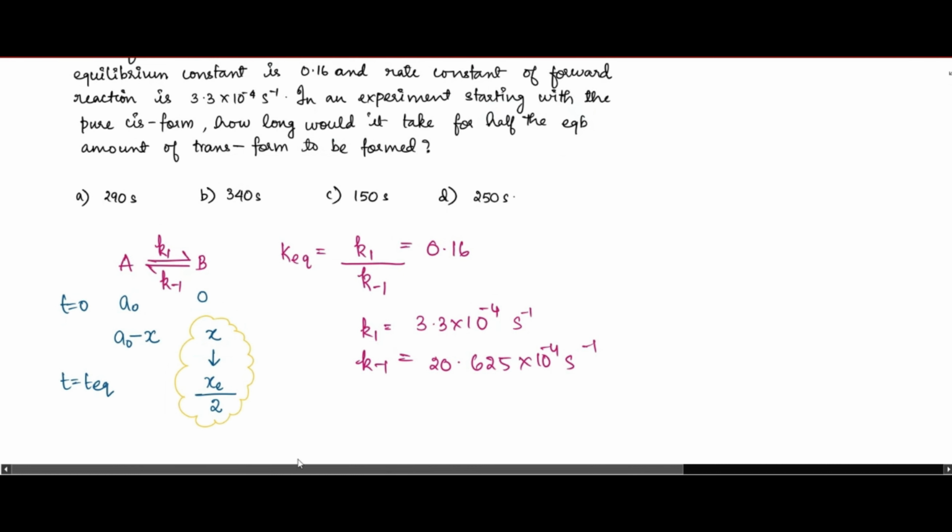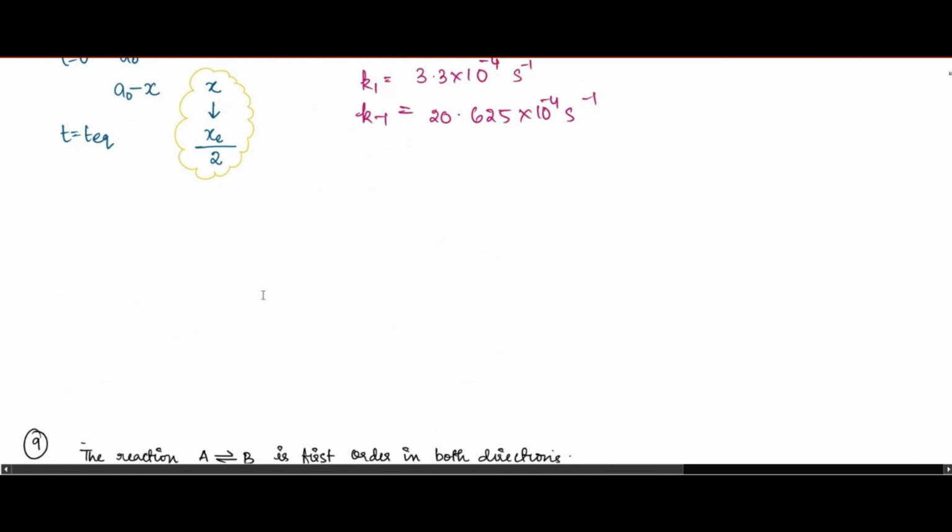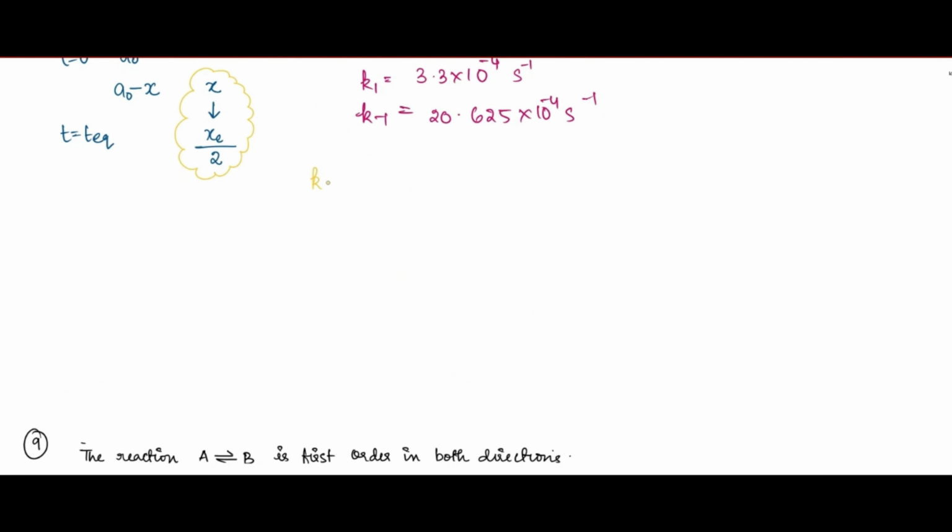So see, for a first order reaction, Kt is equal to 2.303 log of initial concentration by final concentration. ഇതെന്താണ്? ഇത് സാധാരണ ഒരു ഫസ്റ്റ് ഓർഡർ റിയാക്ഷൻ ആണ്. റിവേഴ്സിബിൾ റിയാക്ഷൻ വരുമ്പോ it is forward reaction ന്റെയും backward reaction ന്റെയും rate constant ന്റെ sum into T is equal to 2.303 log of